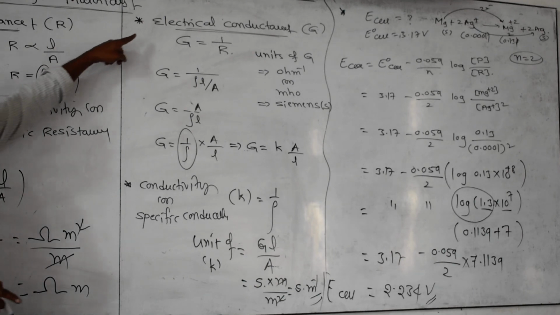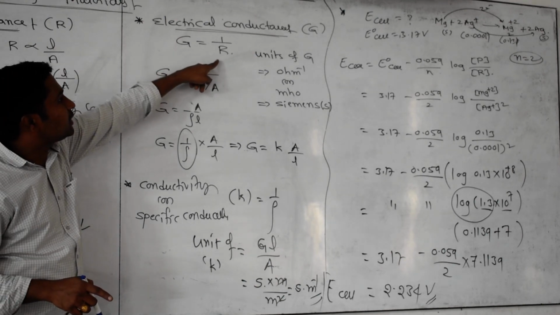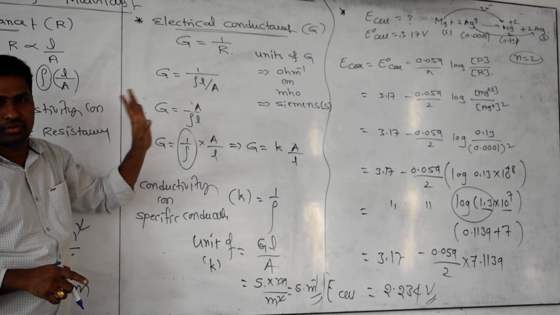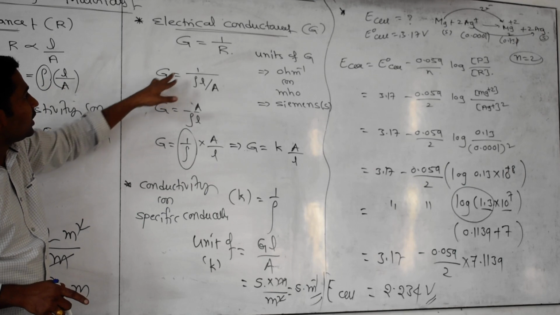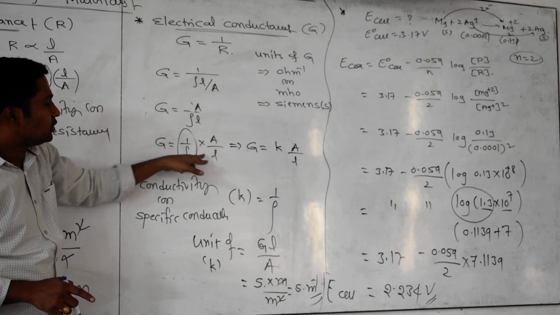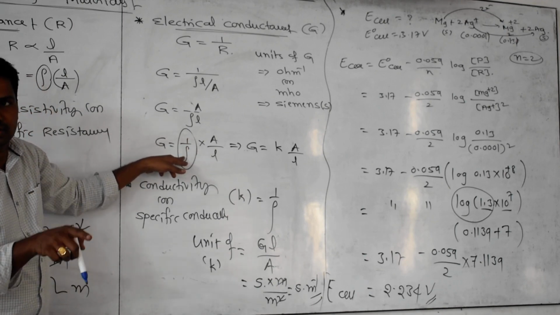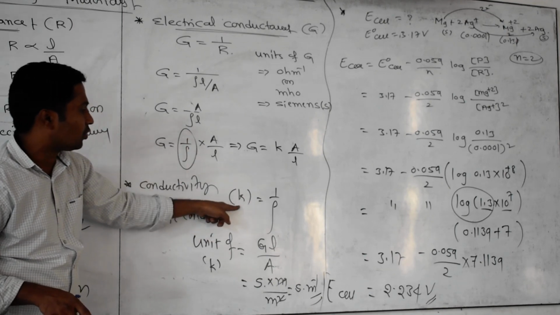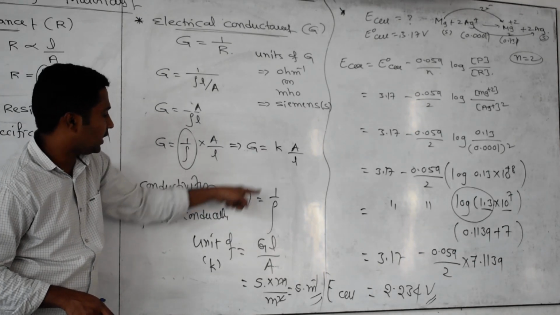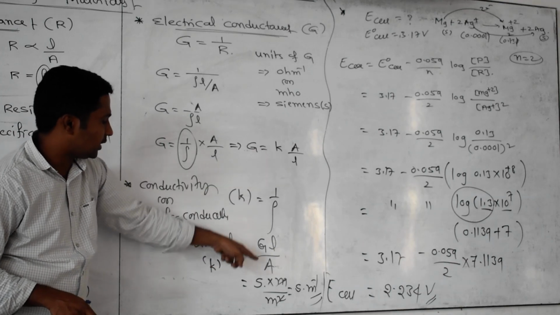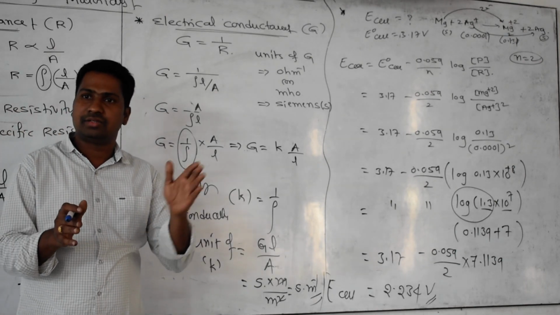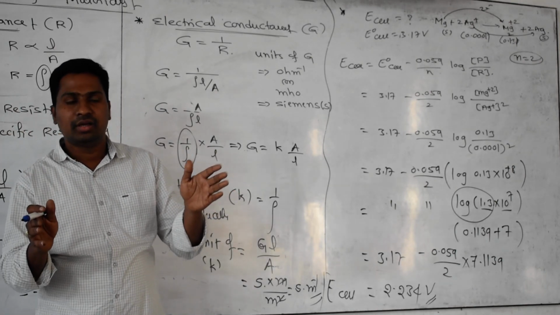Okay, next. What is the meaning of conductance? Reciprocal of the resistance is called conductance. Then units is nothing but ohm inverse, mho or Siemens. And from here I substituted, then we are getting G equals 1 by rho into A by L. So 1 by rho, the reciprocal of the resistivity, we are calling conductivity. So we can write here K. Then K units I want: K equals GL by A, which is nothing but Siemens meter inverse. Are you getting or no? So resistance R, resistivity rho, conductance G, conductivity K.